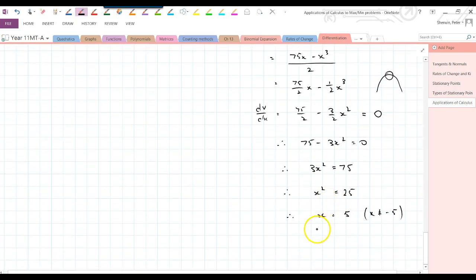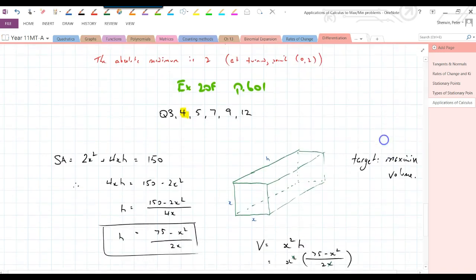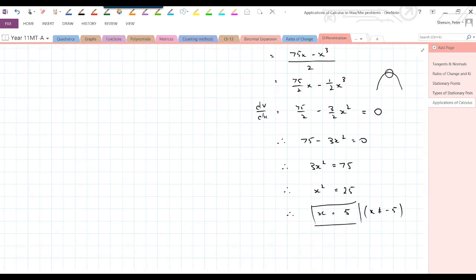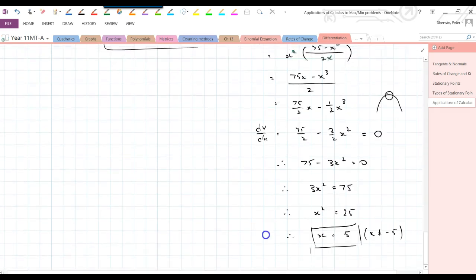What does that mean? That means that I'm going to have a maximum volume in this cuboid when x is 5. So my next job is then to find out what that volume is. So therefore, I'm going to come over this side. Therefore, maximum volume at x equals 5. Therefore, maximum volume